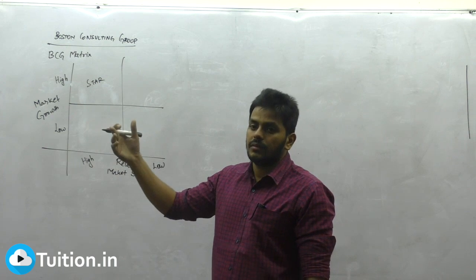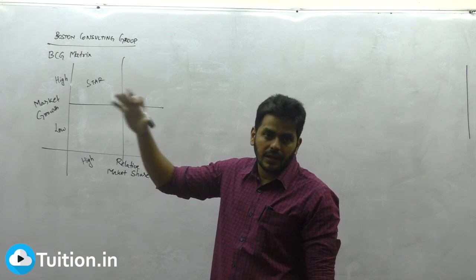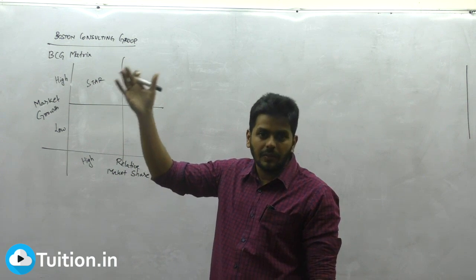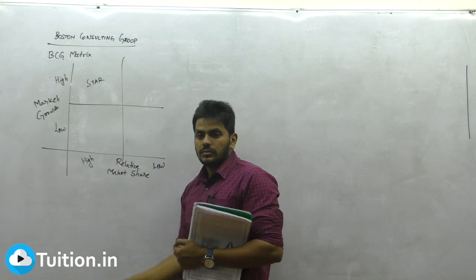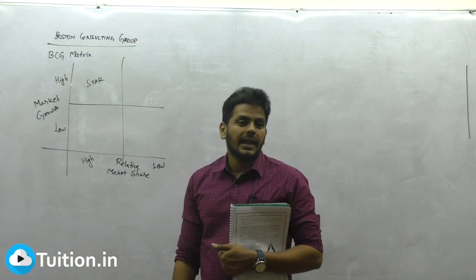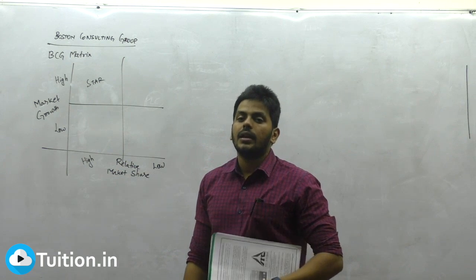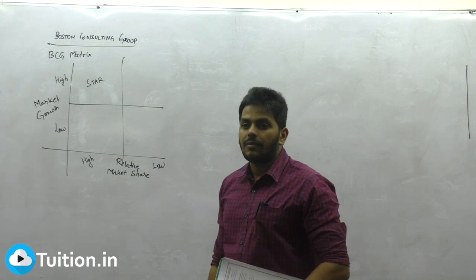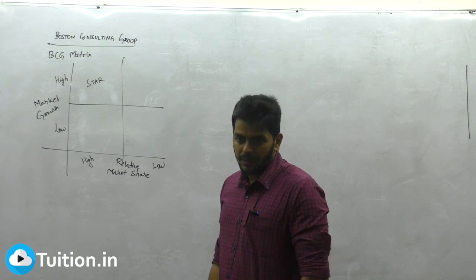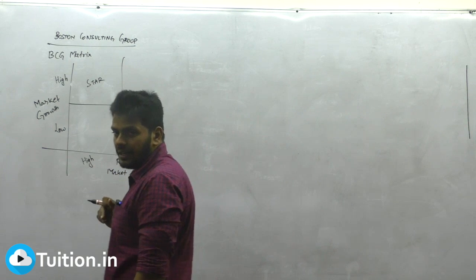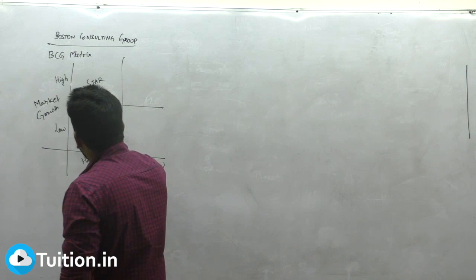So sometimes when the charm of the product vanishes, and necessarily need not be the charm, over a period of time, market growth rate slowed down, but people are still liking my product so much. So I didn't lose my market share. Even when market is high or low, people are still sticking to my product. That high market share I am retaining, right? That is called a cash cow.